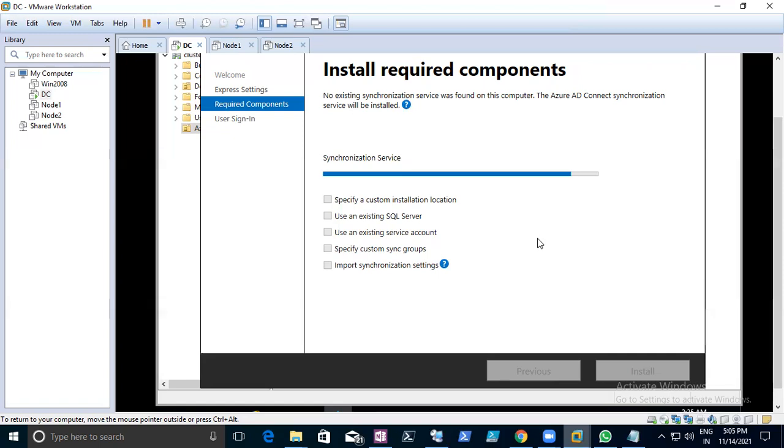Now the processing is happening. This last step is important.